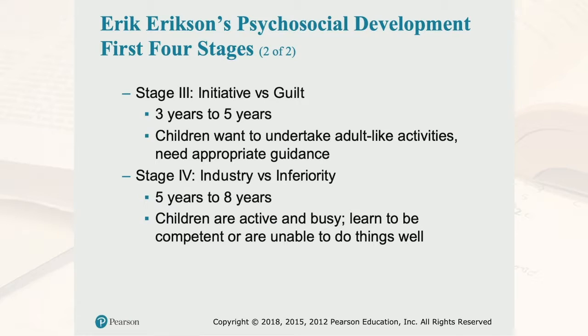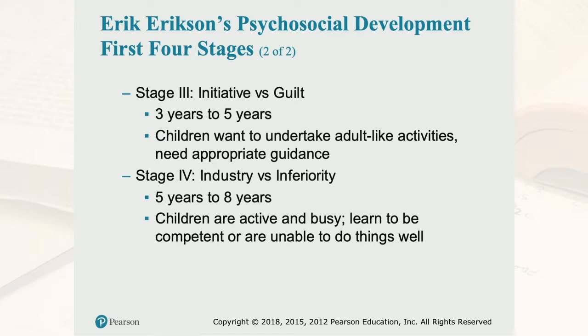Initiative versus guilt, age 3 to 5 years of age. So the child is becoming independent and has a lot more self-help skills. It's the stage when they're starting to develop that sense of what's right and wrong, and maybe make a decision that they want to do something, but they know that mom and dad isn't going to like that, and they don't want to get in trouble. That's kind of the stages they go through. They have those feelings of I want to do it, but I'm feeling guilty because I know it's wrong.